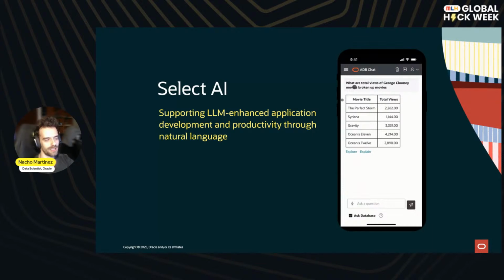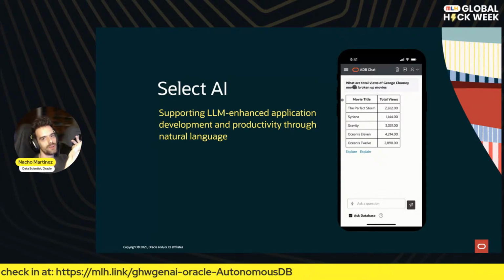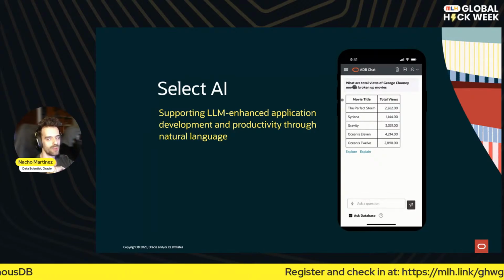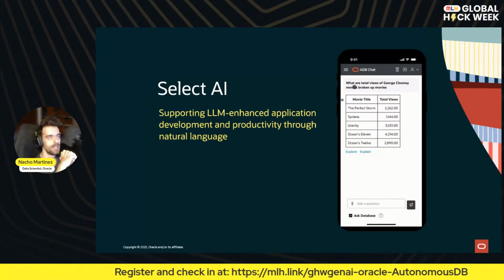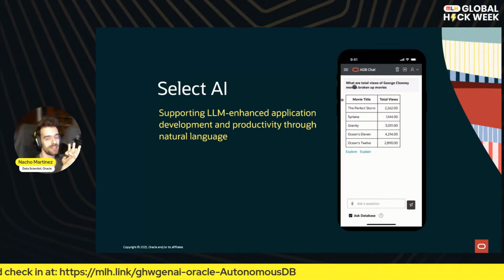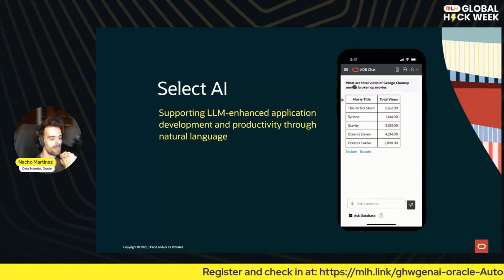Select AI is an intelligent AI component of the database that tries to remove a lot of the complexity of querying and retrieving data from the database. For example, I'm a data scientist. I used to not really like databases when I was studying. It was probably my worst subject in university. I'm ashamed to say it, but